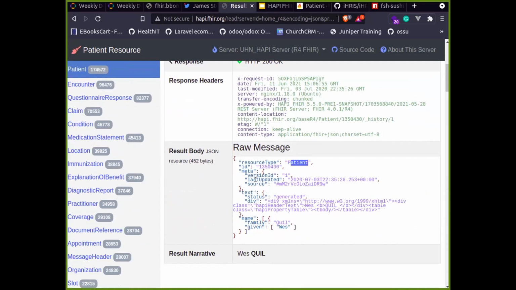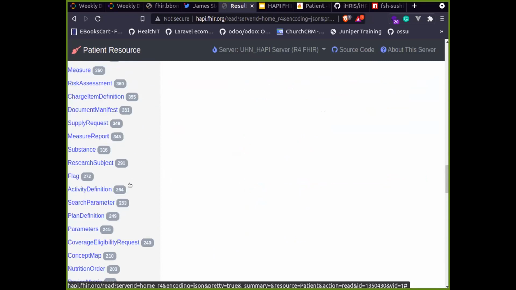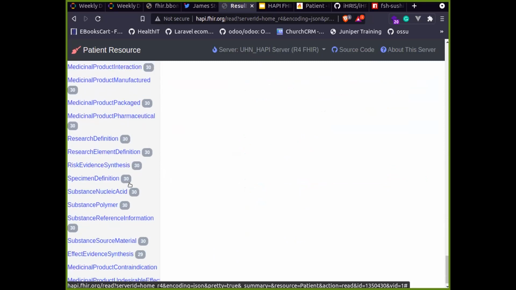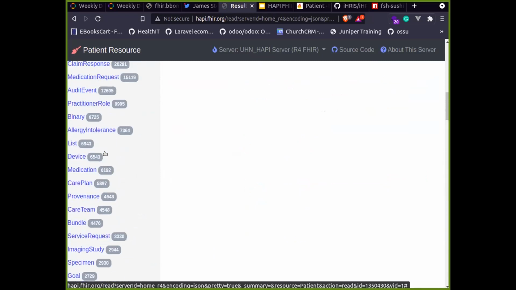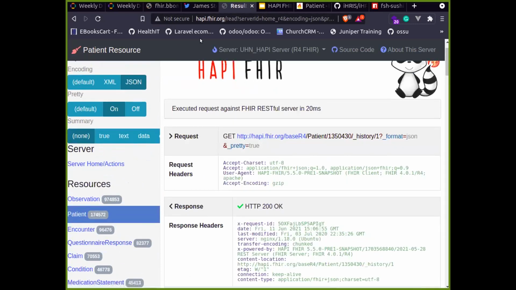The ID, version ID, text, the name of that patient, family, and all that. And there's a lot of data that you can check out, right? So I'm going to prepare a small presentation to also help me understand what this is all about,